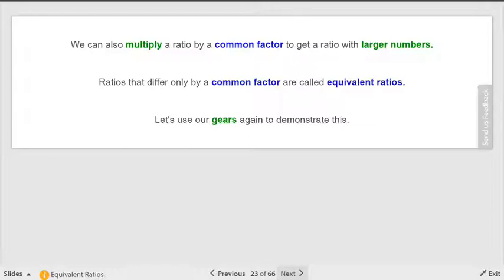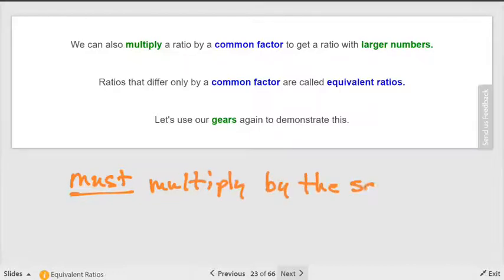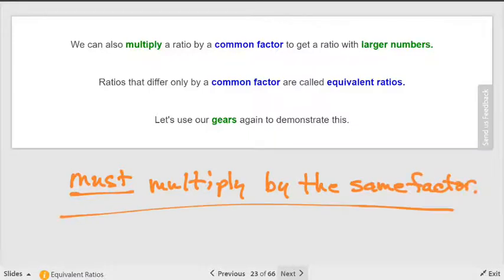But if you multiply one of them by something, to keep them equivalent, you must multiply them all by exactly the same number. Okay? So you must multiply, just like we did with the division, by the same factor. Okay? And if I had 3 numbers in my ratio, could I multiply 2 of them and not the third one? No, you'd have to multiply every single one of them. Okay? Now, all right, so let's look at